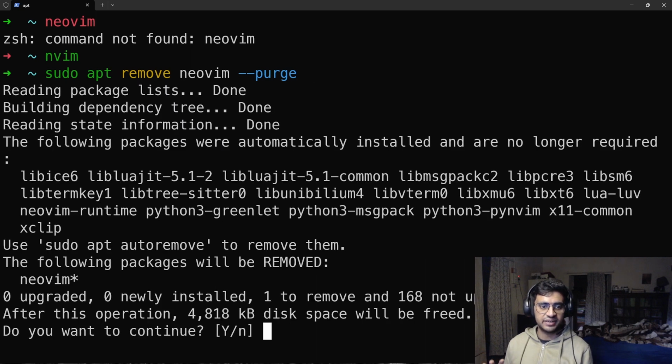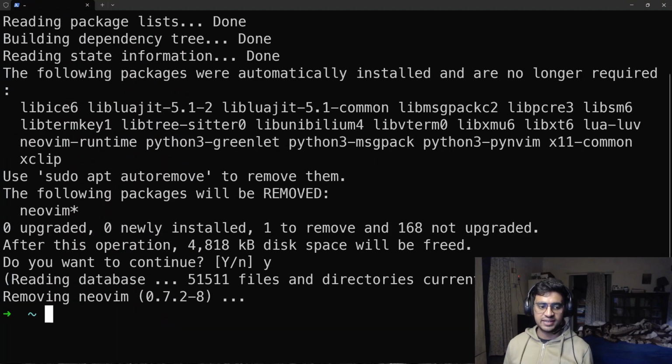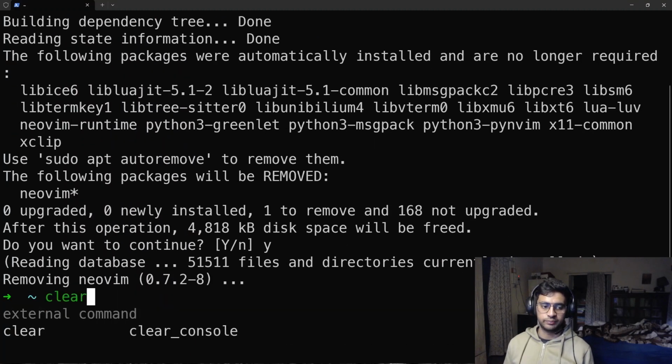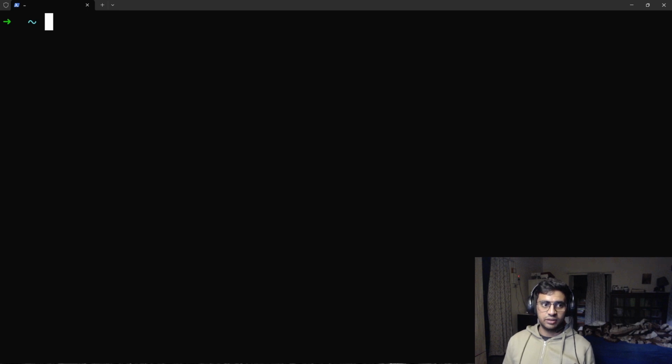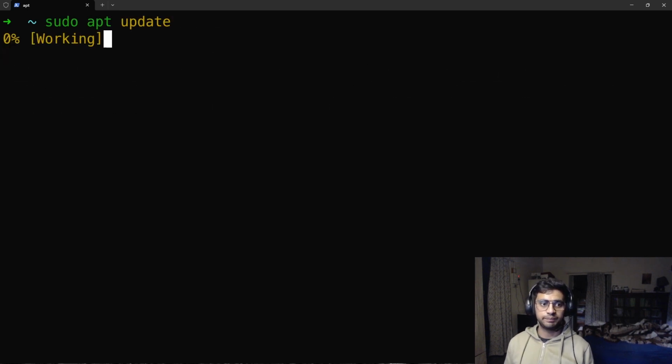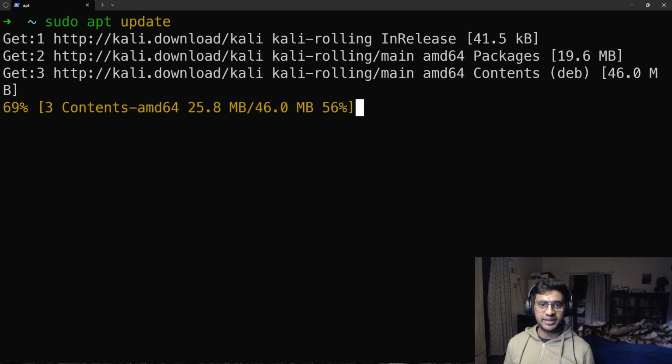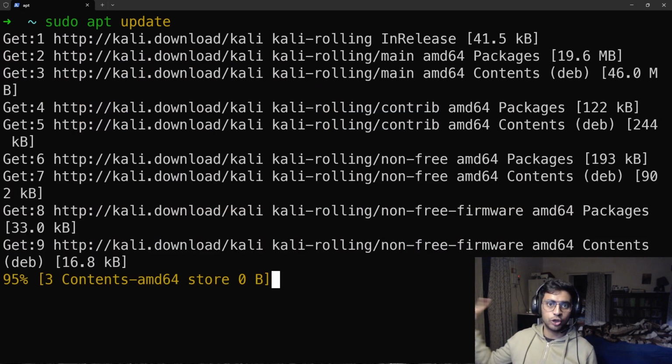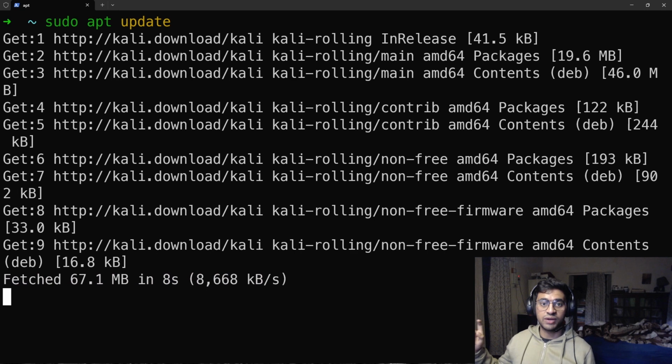Okay, I press enter, and then it will just ask me whether I want to delete it or not, and I say yes, and there, it's gone. Neovim is completely erased. There is also another command called sudo apt update. Now what update is basically going to do is it's going to go ahead and talk to your package repository, the one which we talked about earlier,